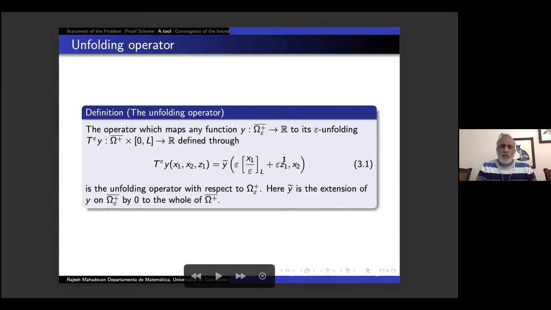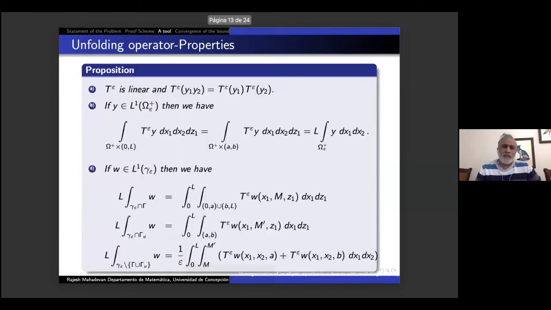So you create as many copies as there are points in the cell, and at each x1 you quotient it out and bring it to the integer part. If you do that,